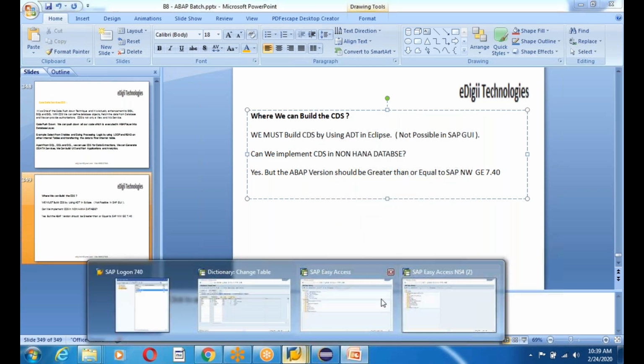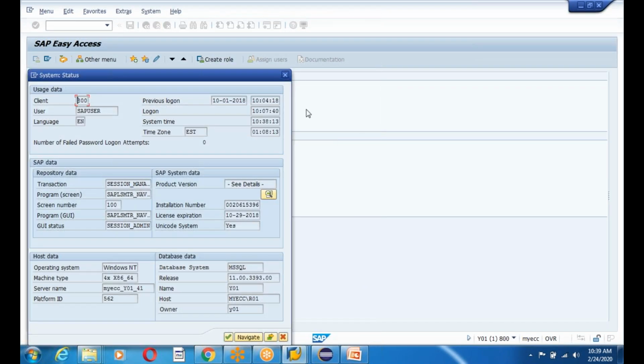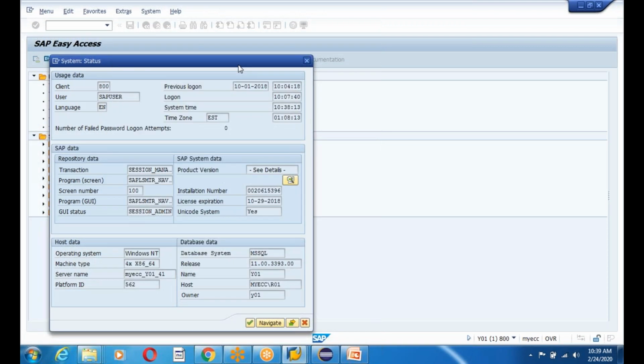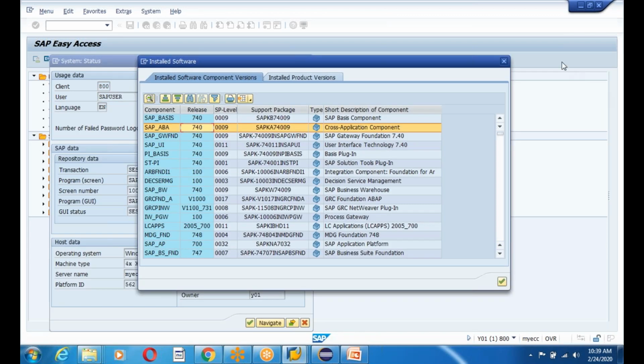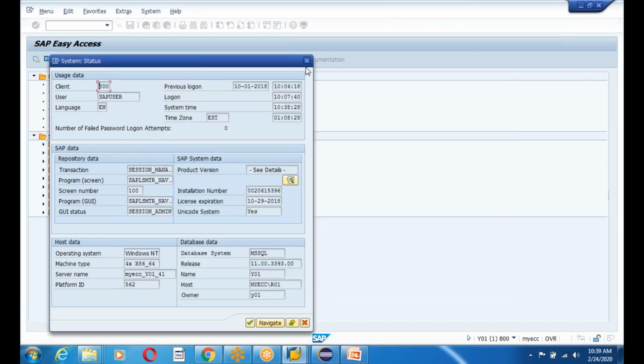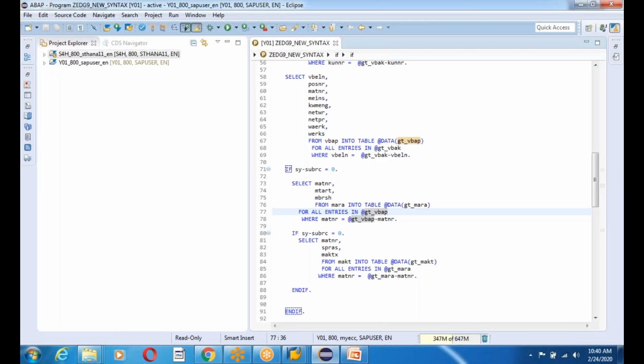So what is our version now? SAP ECC. I don't talk about HANA now because I'm going to teach CDS in our SAP ECC itself, guys. Without having server access to 7.40, we can access it, but some of the functions will not work. But the basic things we will learn in SAP ECC itself, guys. So we are going to do the CDS in our